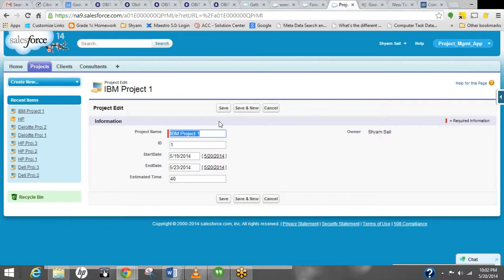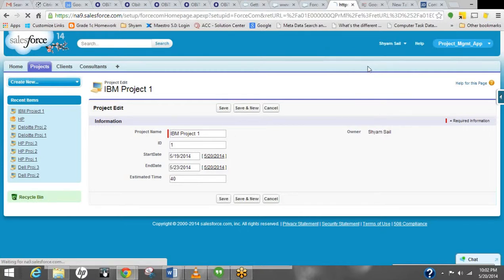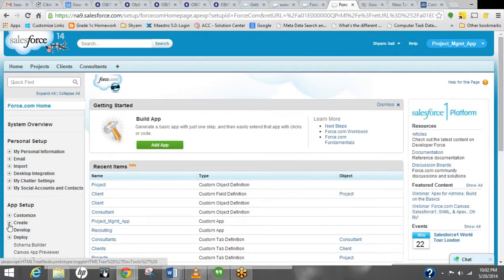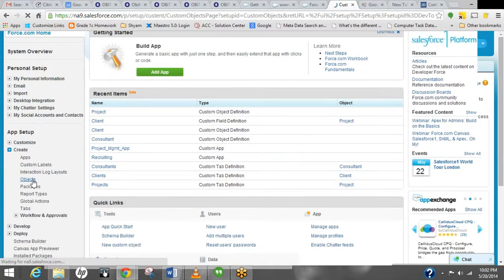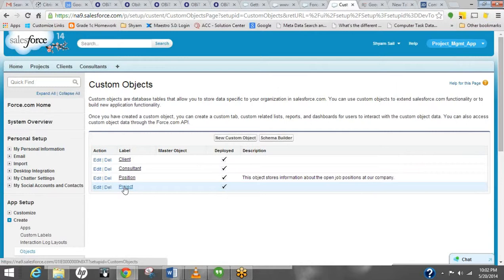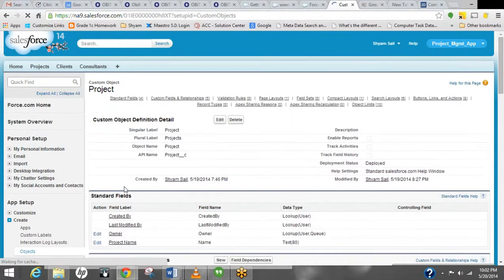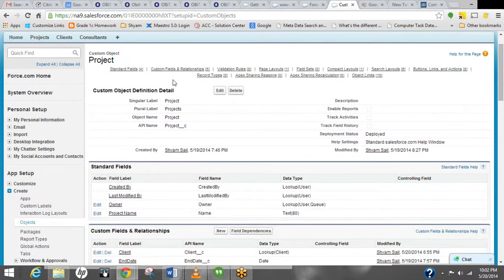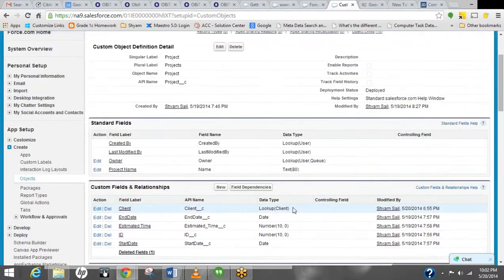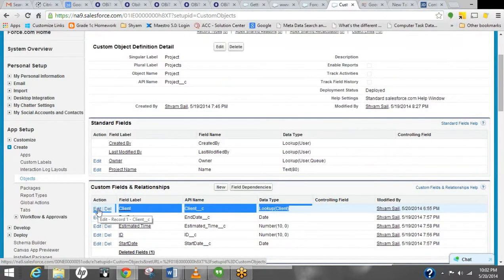Go to setup. Create objects. You want to look at project? Objects. Which object? Project. Okay. Scroll down. Project. And here is my new lookup custom field client. I can edit it and show it to you.